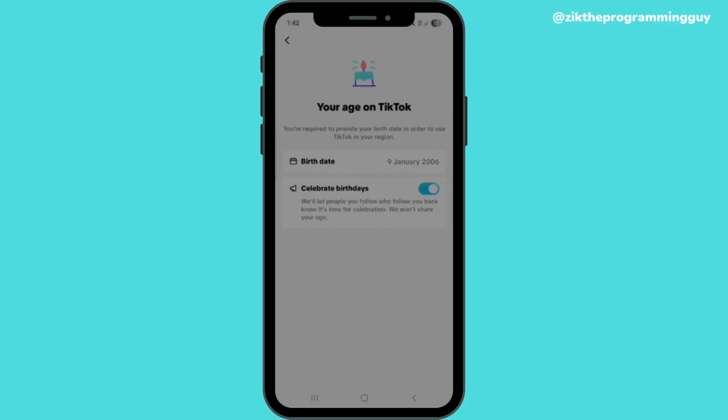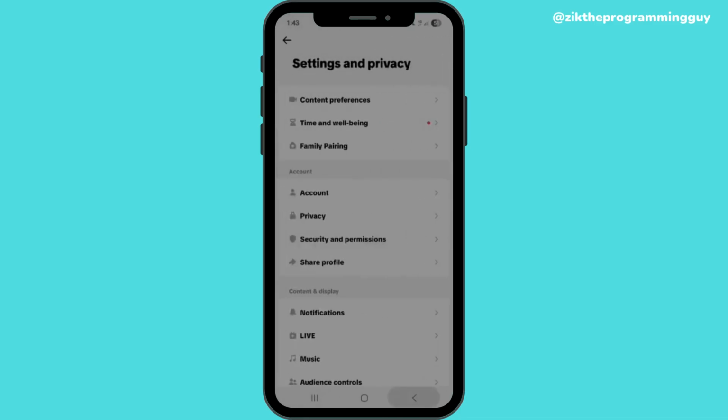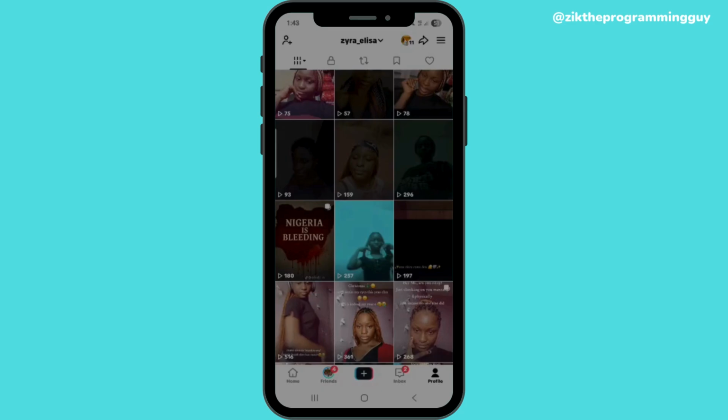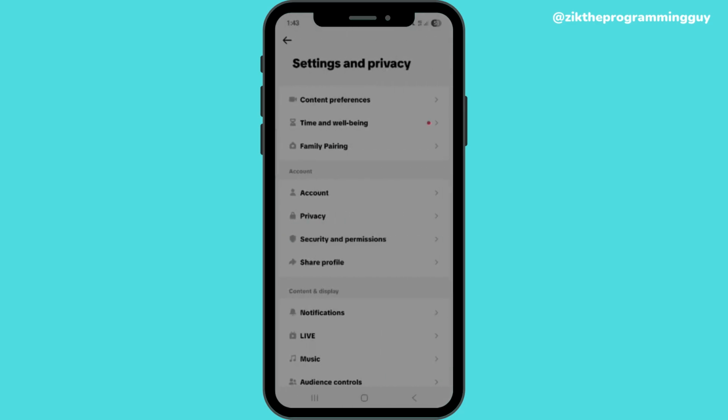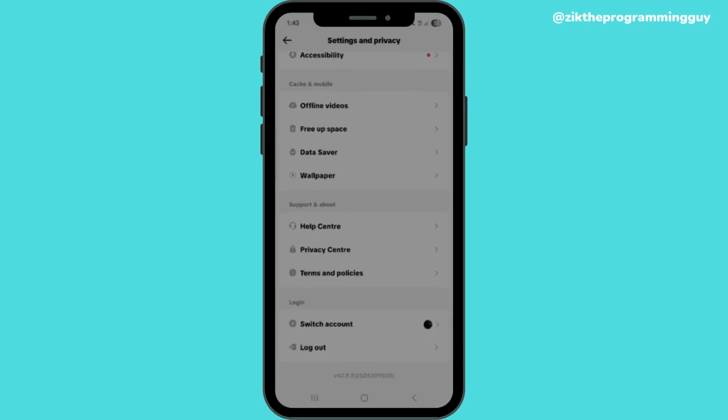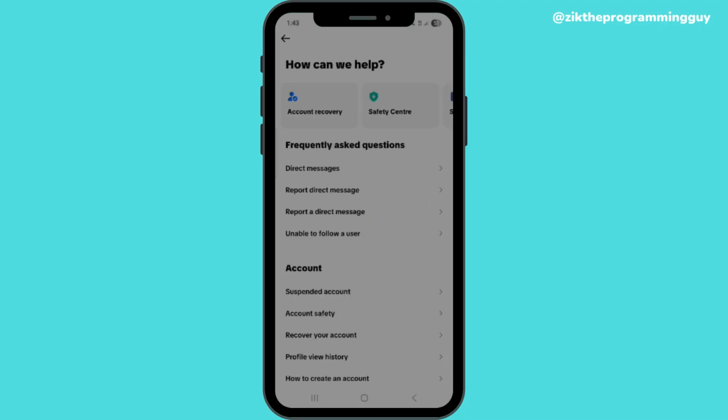So once you click on the birthday date and you see can't change date of birth on TikTok, all you need to do is you just have to go back and go to your TikTok settings, sorry, and you go down to help center. So once you're in help center, you can decide to chat with them, right, and tell them